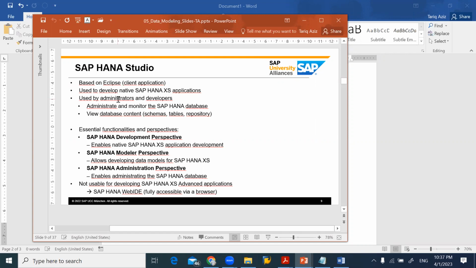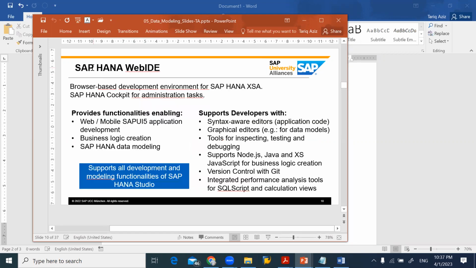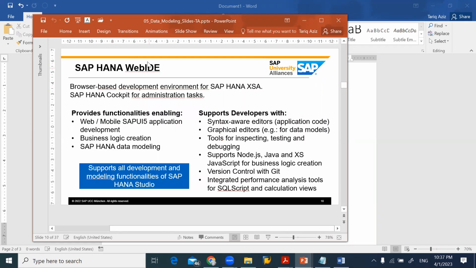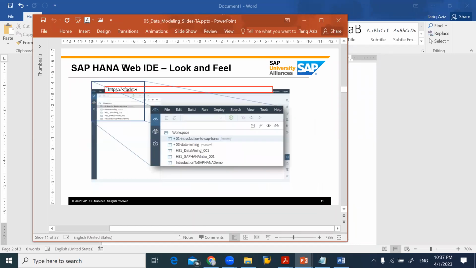So if you install this one, then you'll find all these three things. We do have Web IDE. Now this is one thing. Either you use the HANA Studio, or you can go for Web IDE, that is integrated development environment. So both have their benefits, and now if you see the